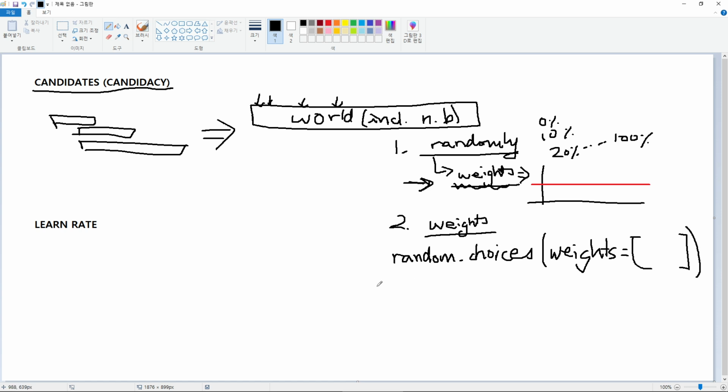Because this one accepts weights, but I've also had to find a way to work around the fact that random choices does not have the option to not allow replacement. I know NumPy has it, but I didn't want to use NumPy. I'm just trying to keep everything as simple as possible, as independent from modules as possible. So I found a way to work around that, and the weights would be, in this case,